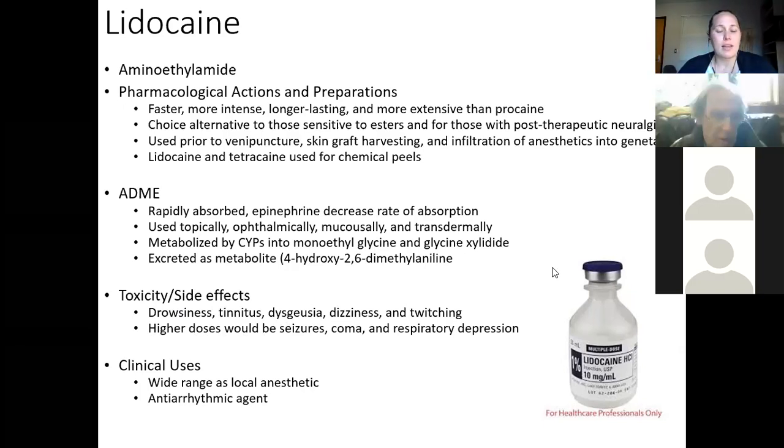So somebody popped up in the chat and asked, does it have much oral absorption? It does have oral absorption. I'm guessing that oral absorption is kind of a relative term, but that's an interesting question. Maybe I will go ahead and look into that, and then we can come back with a relative comparison of lidocaine orally versus maybe transdermally during our next session.